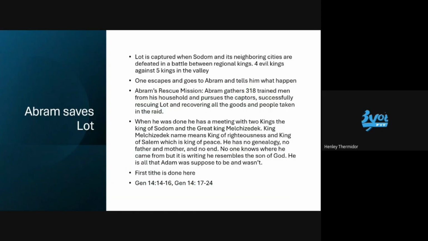Now, Abram is a rich man. He already has his own private detail, his own security guard. That's one of the things that you do when you're rich. But again, he was never an army man, doesn't have a trained army. So Abram takes 318 men, trained men, which just means people who are strong, people who might know how to use a sword, a club, or how to do archery. So it doesn't mean that they're proficient with it, they just know how to use it. 318 trained men from his household. They get on horseback and they pursue their captors.